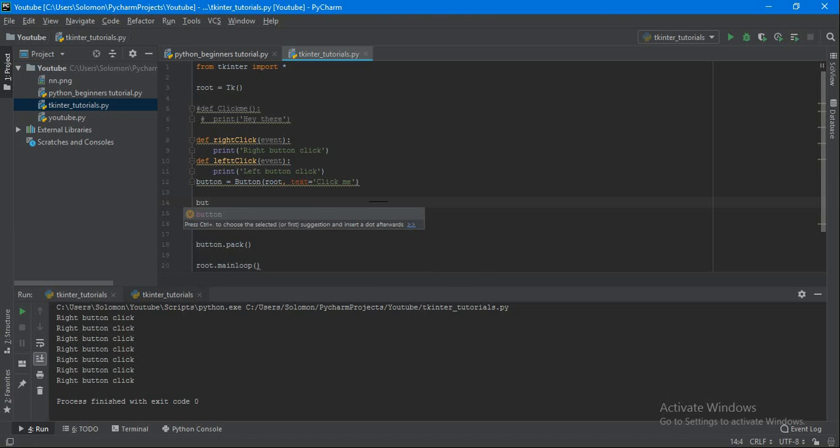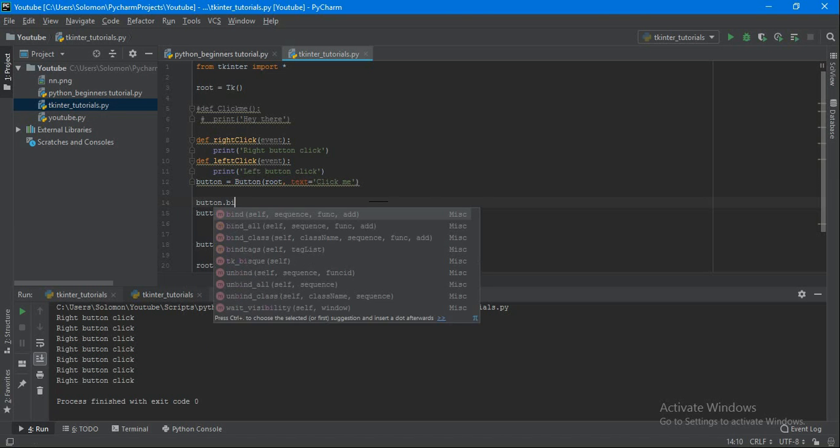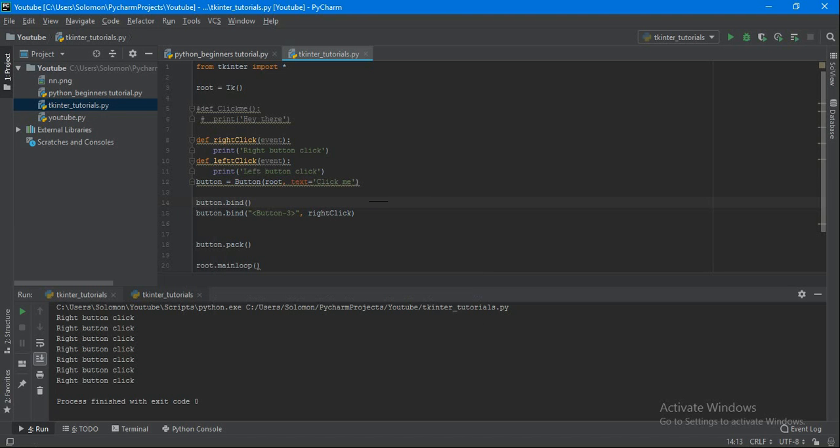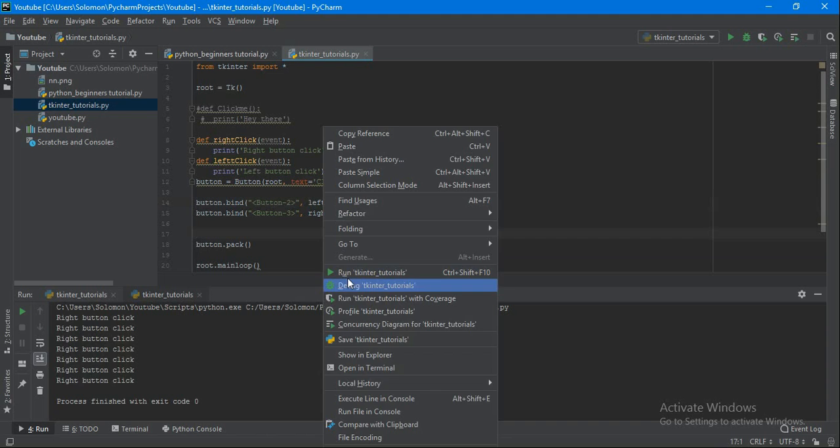This is just going to be button.bind, and I'm going to call in Button-1, since the left is the first button, right? Button-1. I'm going to close this and call on the left click event. I'm going to delete this, and if we run this,